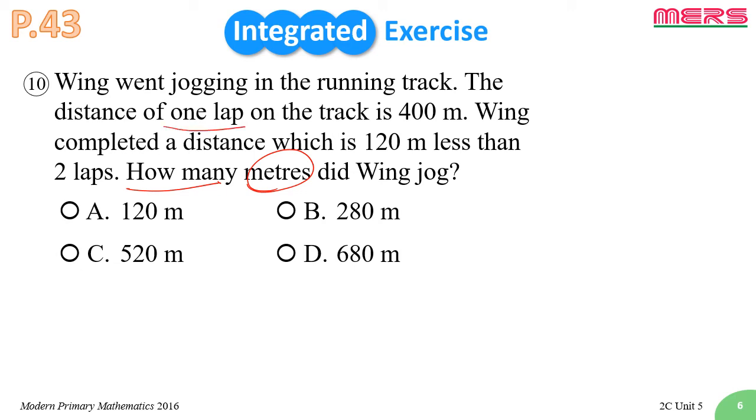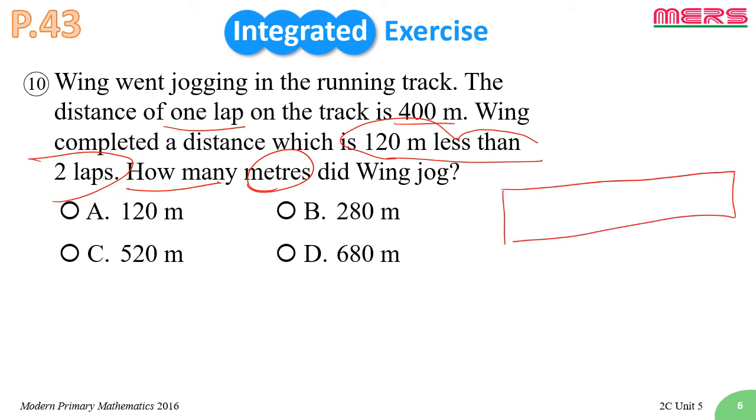One lap here is 400 meters, and he completed a distance which is 120 less than 2 laps. So how many meters is that? It means there are 2 laps here and 120 meters